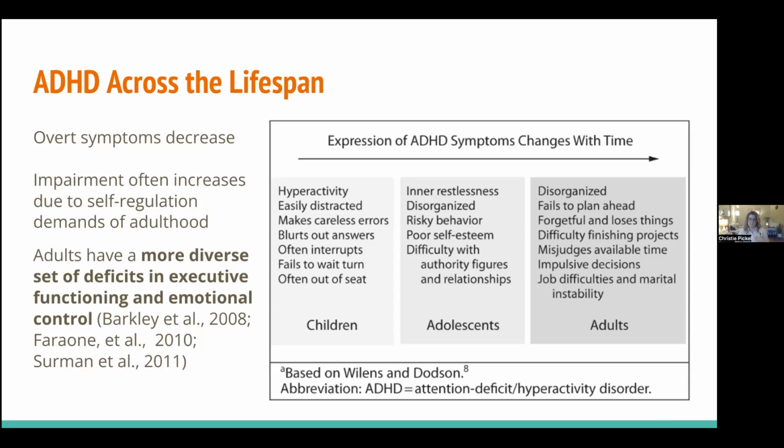And so what we see is that symptom criteria was developed based on kids, and it's been modified, but it's still predominantly based on kids. And when we look at the research in adults, we see pretty consistently that adults have a much more diverse set of deficits in executive functioning and emotional control than kids do, that those seem to be more common. And so this is a really important piece to understand or to conceptualize ADHD,